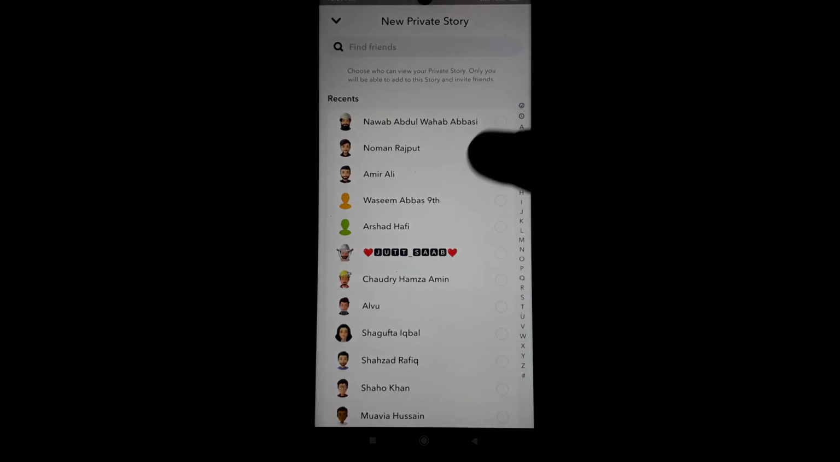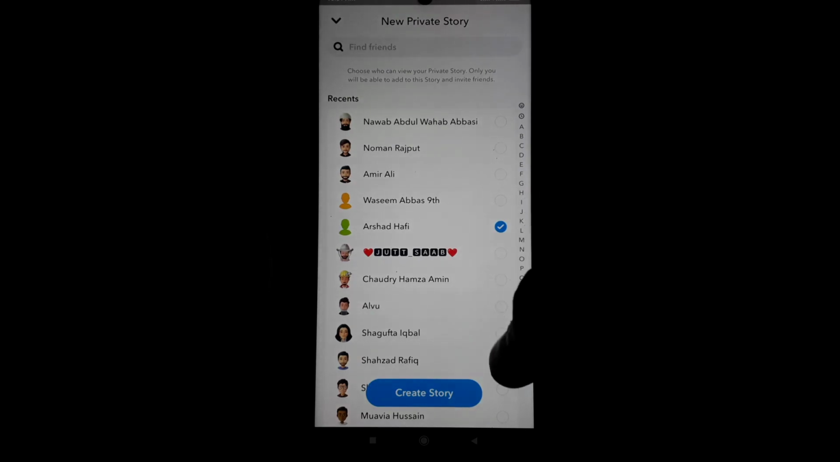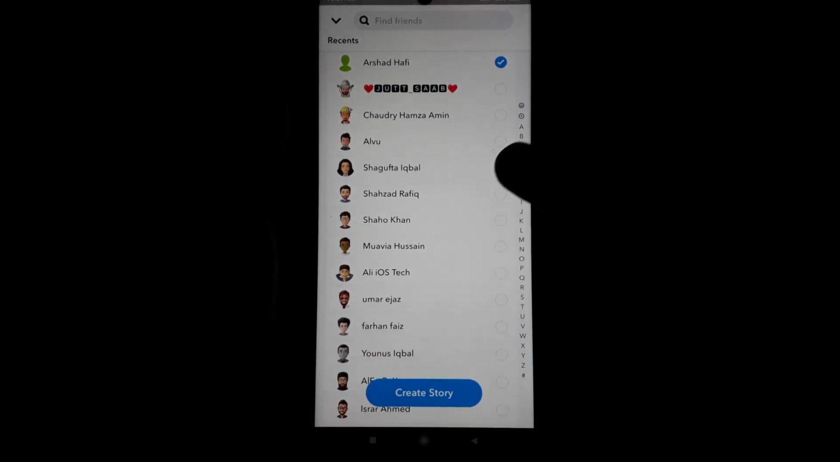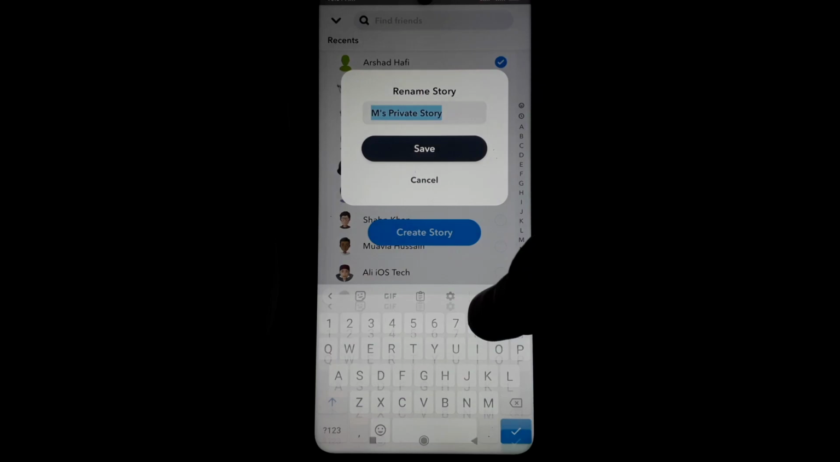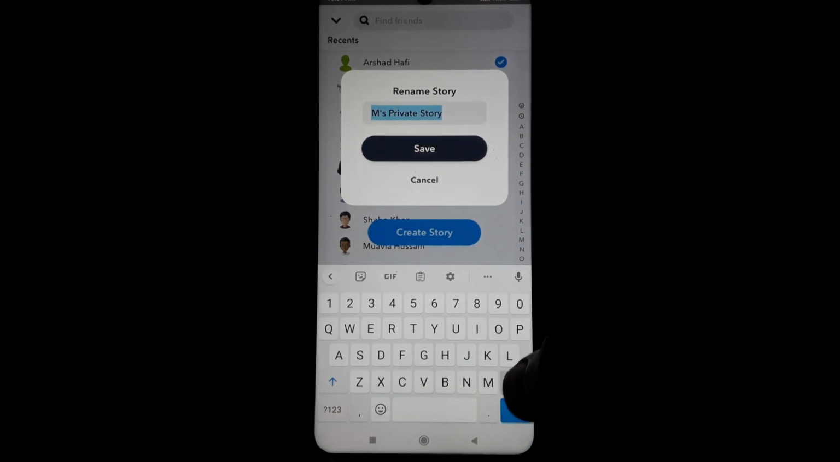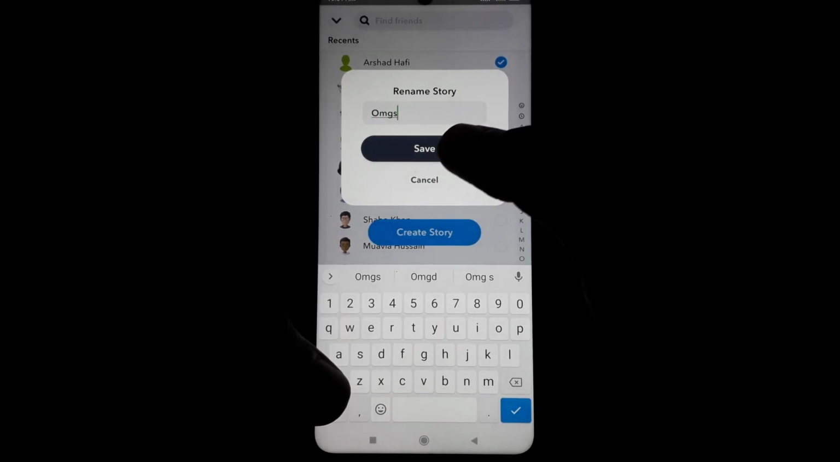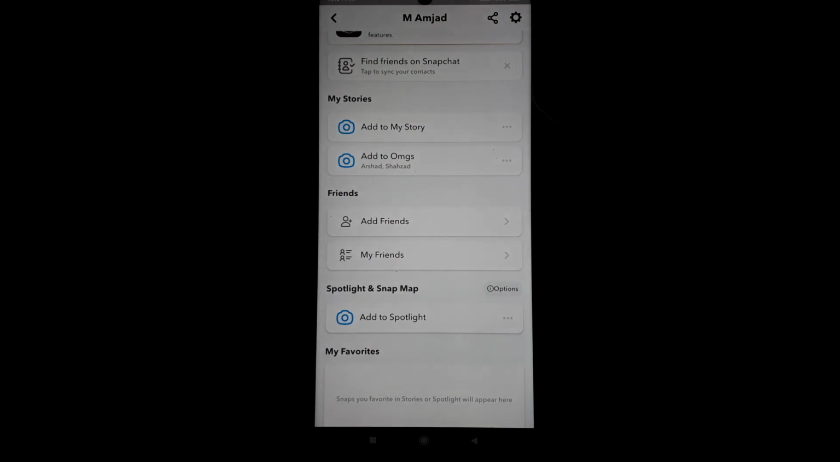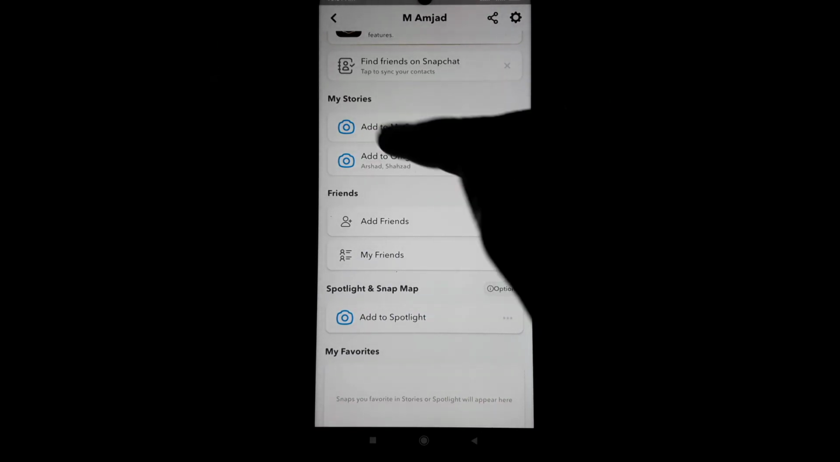Here you can select the friends you want to add to your story. After that you have to name your private story so that it can be your personal private story. After that you have to click on save, and in this way you can add that story simply as you want